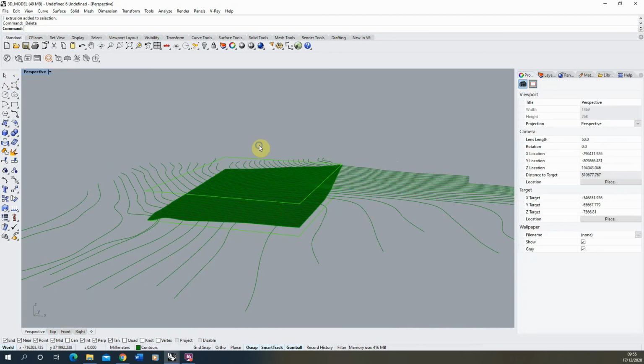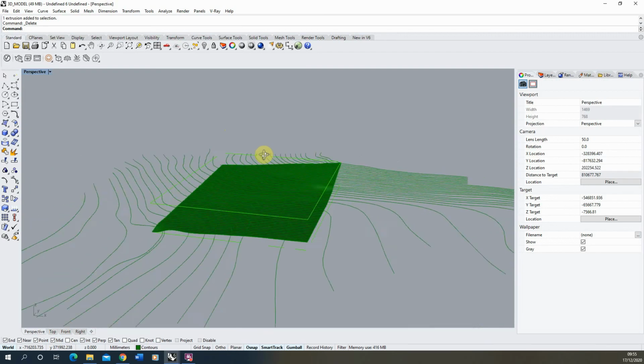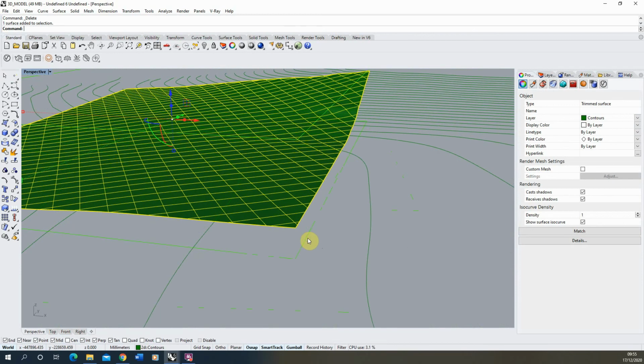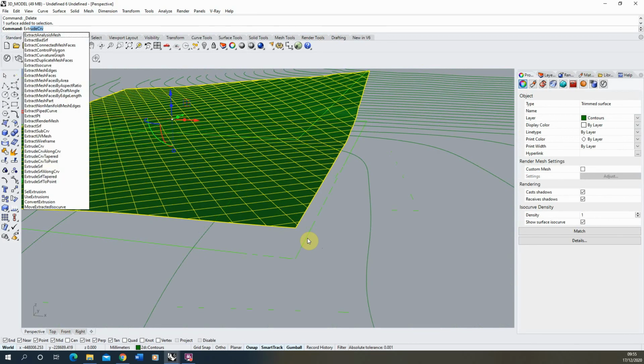Once that's done, you can delete your box as well. And it might be that instead of a surface, you want to make it into a model. So sometimes I also extrude this out. So if we extrude the surface this time,